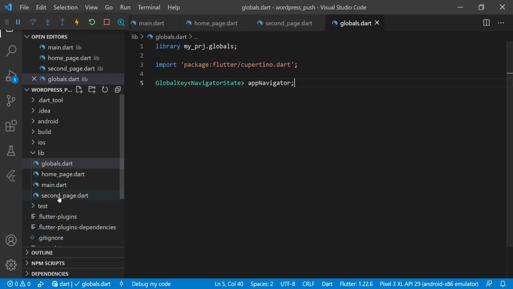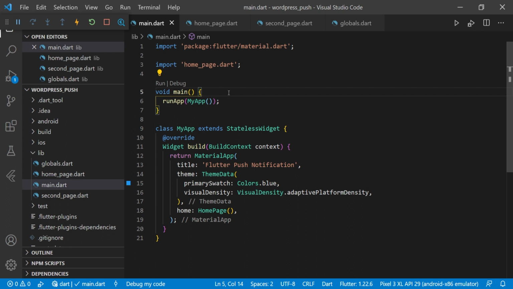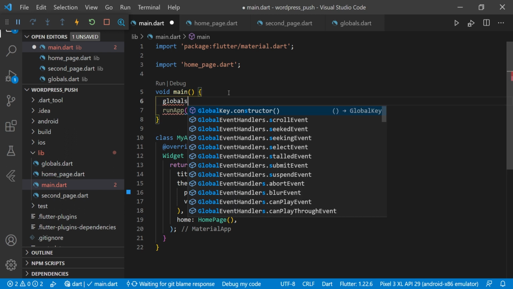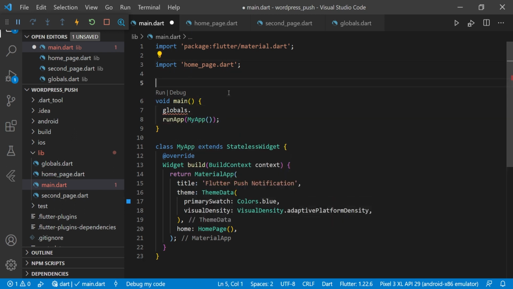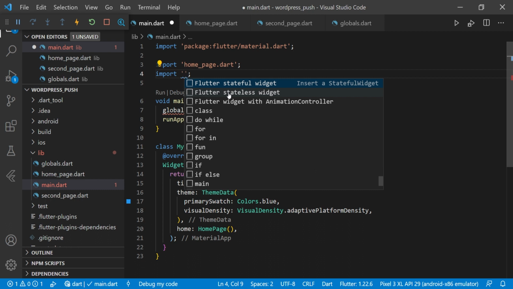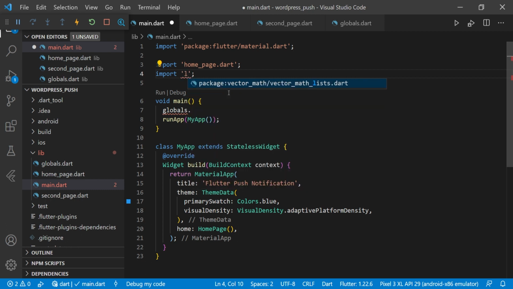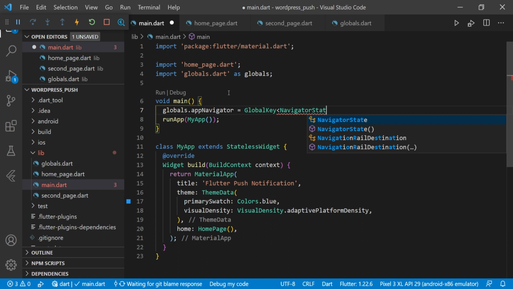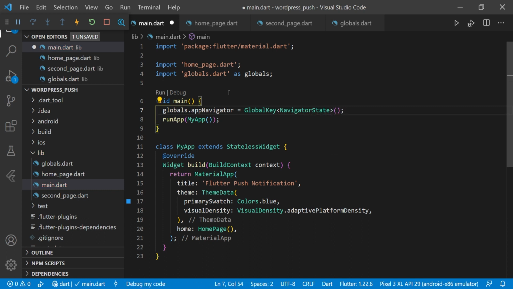So now we will go to the main.dart file, and here in the main function we have to put globals dot, and before that we have to import the file name, that is globals.dart as globals, and here we have globals.appNavigator is equal to GlobalKey NavigatorState, and we will close it here.